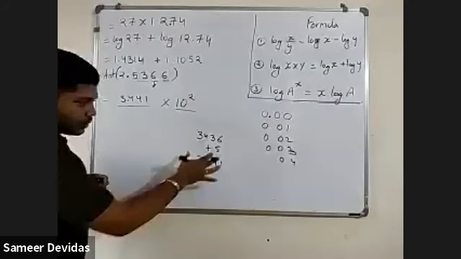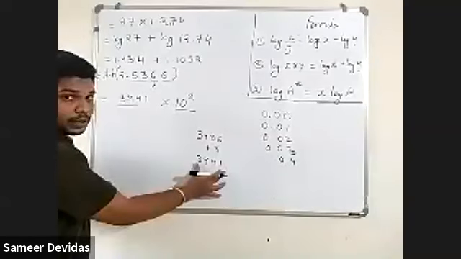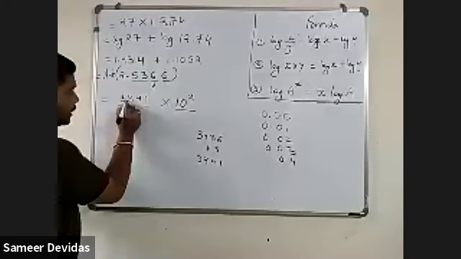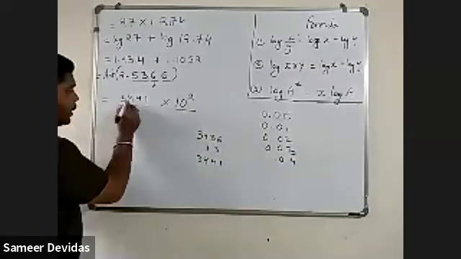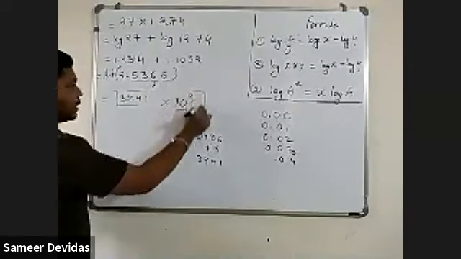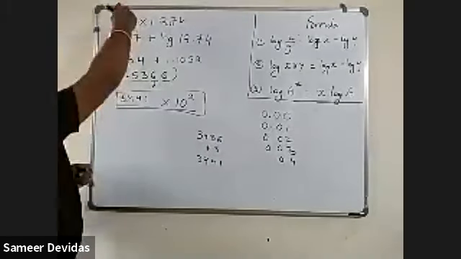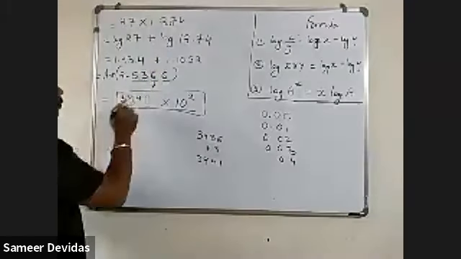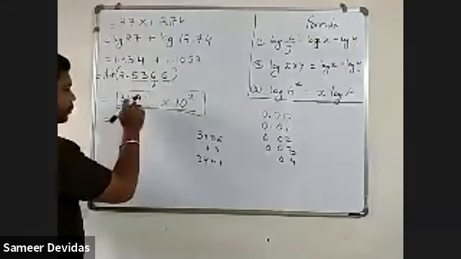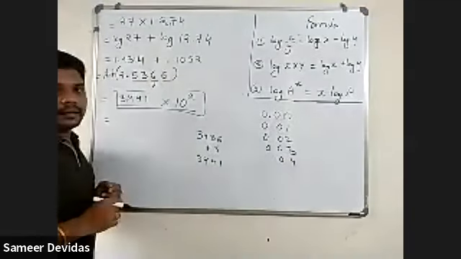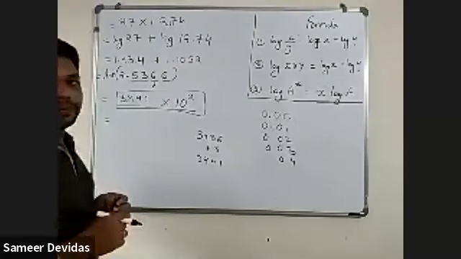Okay. So what I have told just now, this is the answer you have got till here. Then you put a decimal just after the first digit. Leave one digit and put the decimal. This is your final answer. When you multiply this and this, you will get this as your answer. So if you substitute this 10 raised to 2, what will you get? Who can tell me?